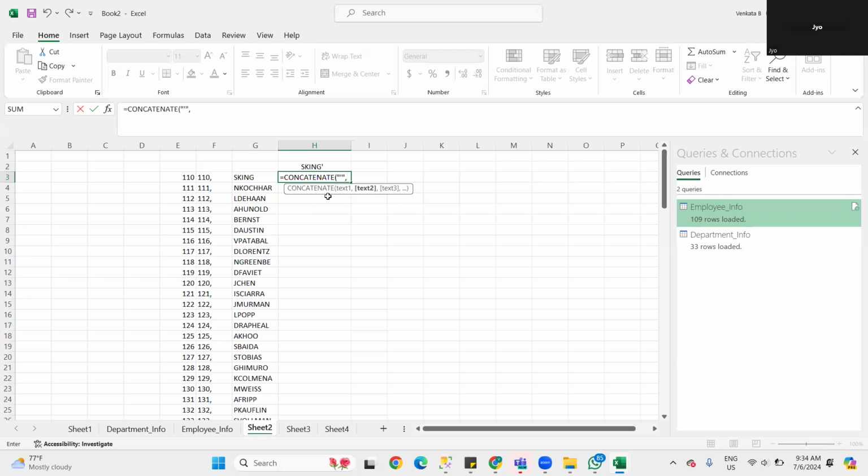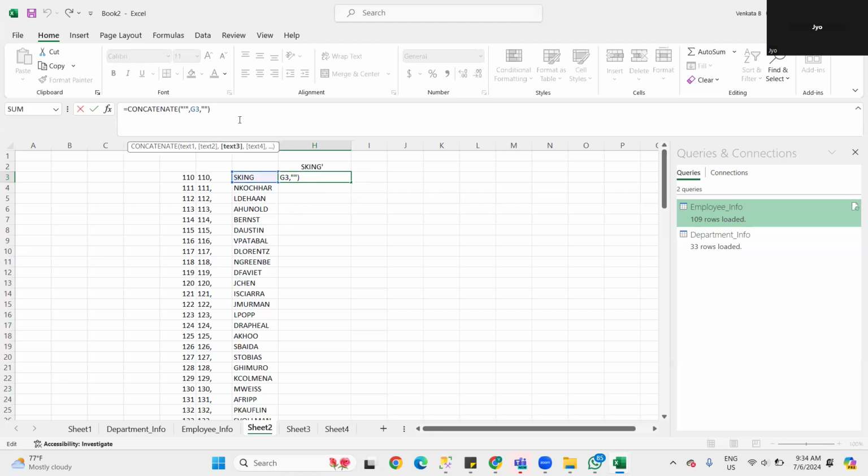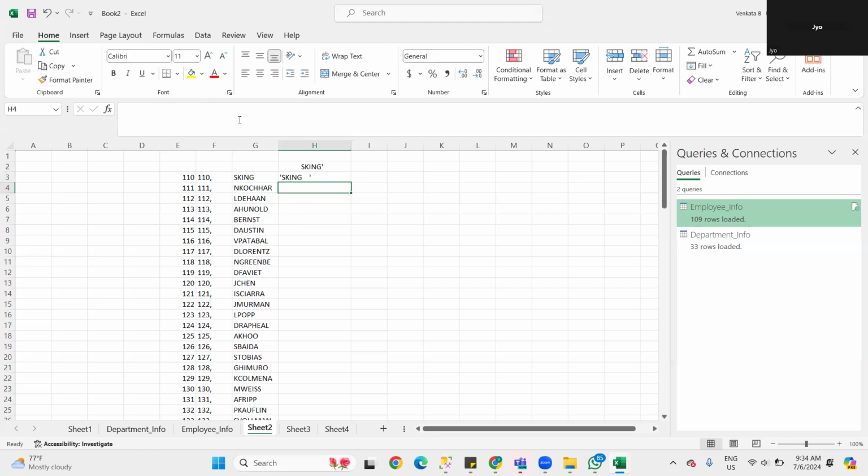Then what is the word I have to give? Then second, this one. Then comma. Again I need a single quote, so again you give a double quote, and in this double quote you have to give a single quote. Okay, now it will come. Now one more thing is required here. What is that? A comma is required. Again, we have to do